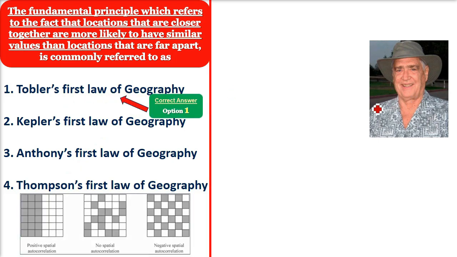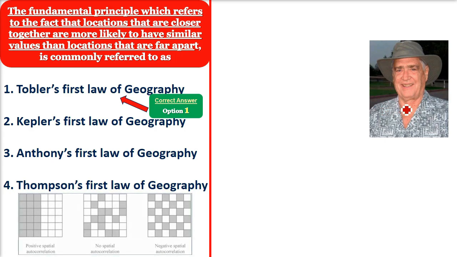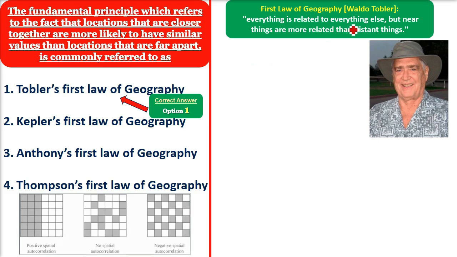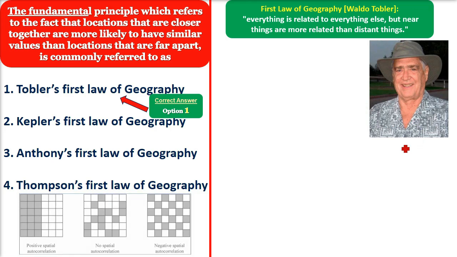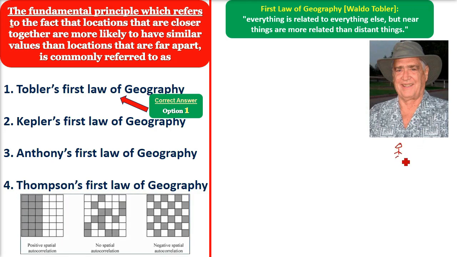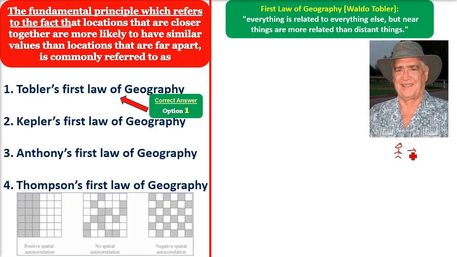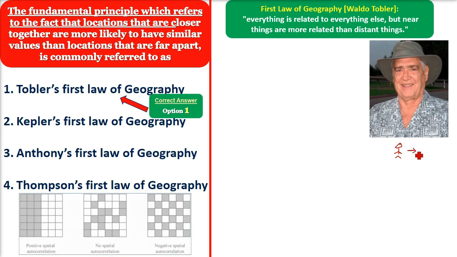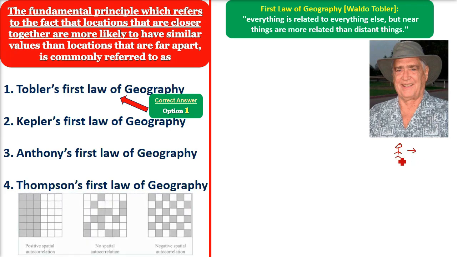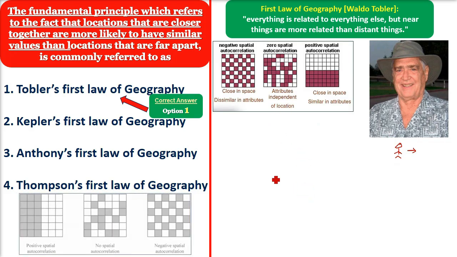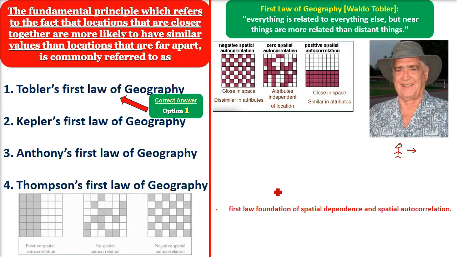Now this person which you see is Waldo Tobler. He gave Tobler's first law of geography. According to his law, everything is related to everything else, but near things are more related than distant things. See, you and your mother are related more than you and your teacher. This is just Tobler's first law of geography. If a person lives in the outside world, in a different country, you will never know him or meet him. There will be no relationship between you two.